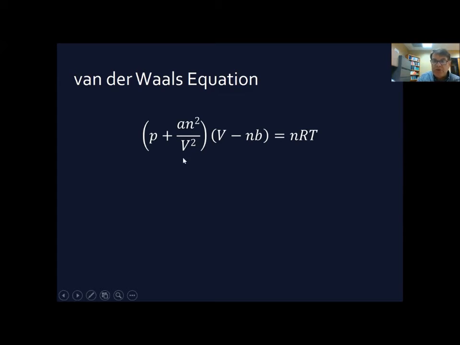And as it turns out, the decrease in pressure is proportional to the square of the number of molecules per volume. And the way that Young and Friedman explain this square is they say there's basically a layer